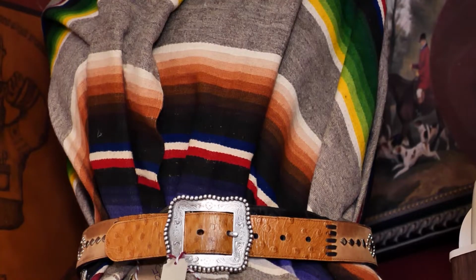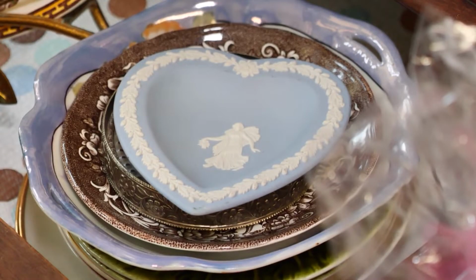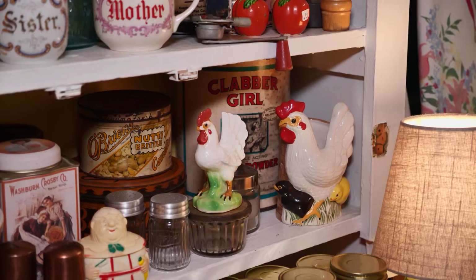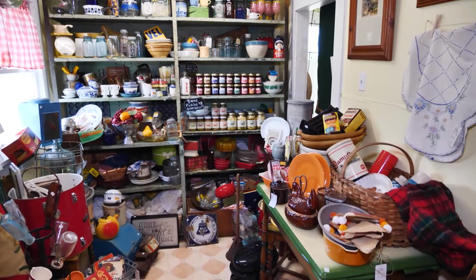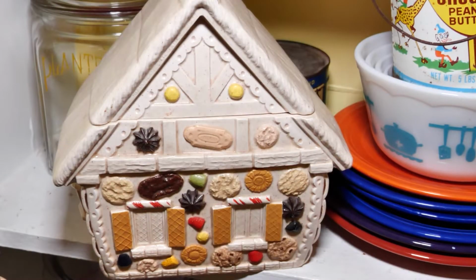We want to encourage people to use what they have, and maybe to use things that they've inherited, things that are special. In the back, you'll find the kitchen, furnished with a variety of vintage housewares. Things that you may have seen in your grandma's kitchen. You walk in and you just have the nostalgic